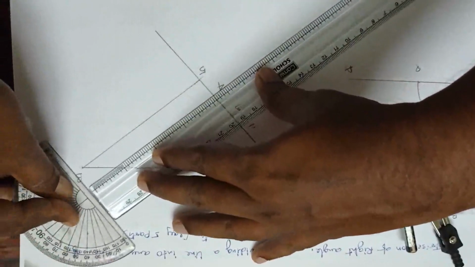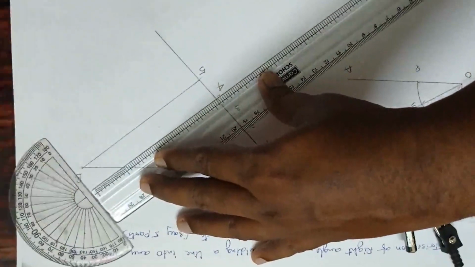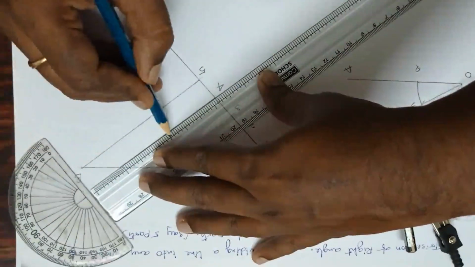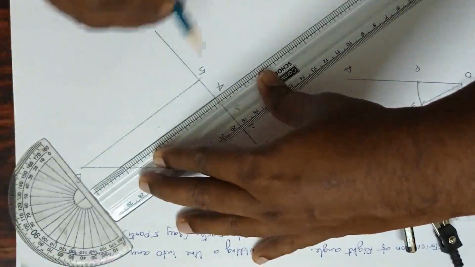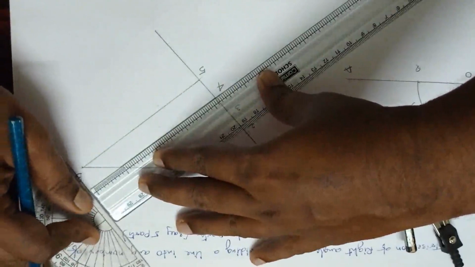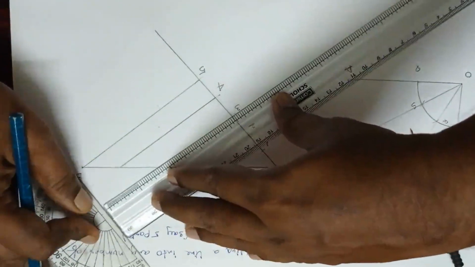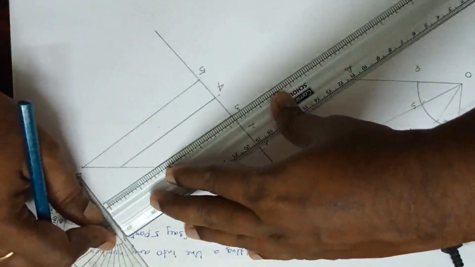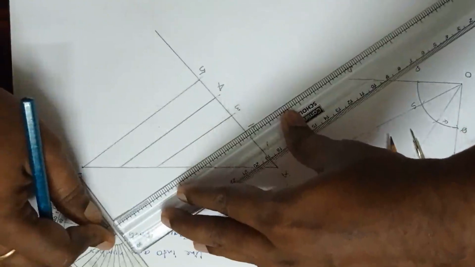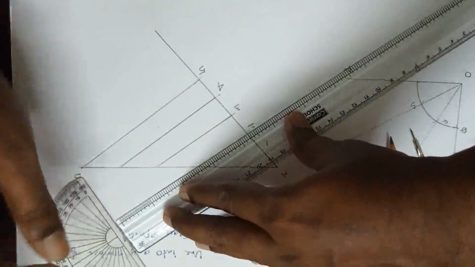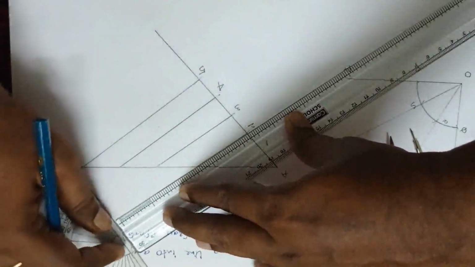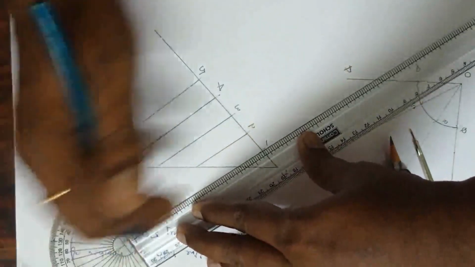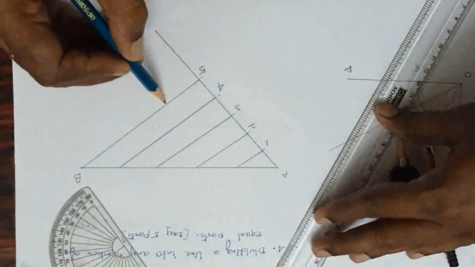I'll move it slowly. Now with the fourth point, I'm drawing a line such that this line is parallel to 5B. All are parallel to 5B. Now same with the third point, like this. Now put the protractor here. I am using the protractor to draw the parallels. Now from the second point. Now from the first point. Done. So all are parallel lines.